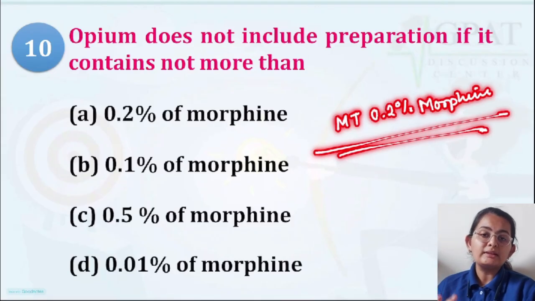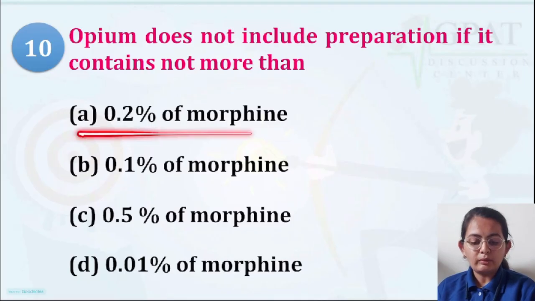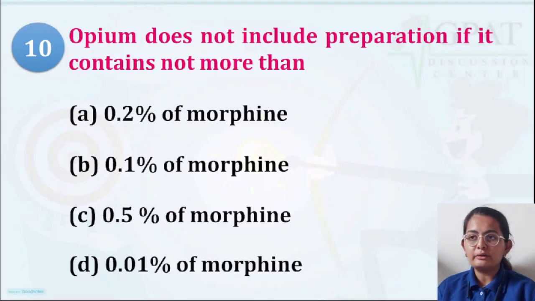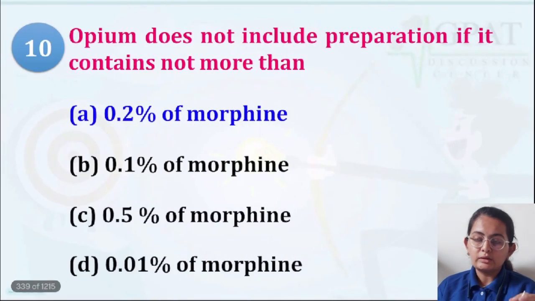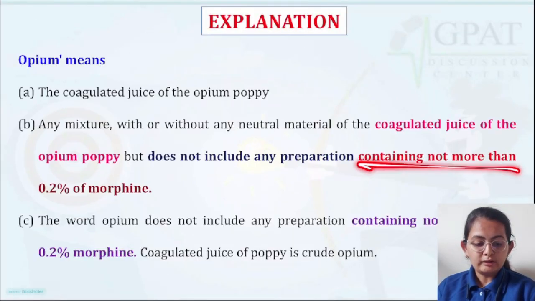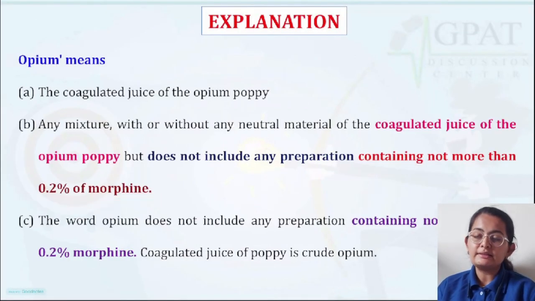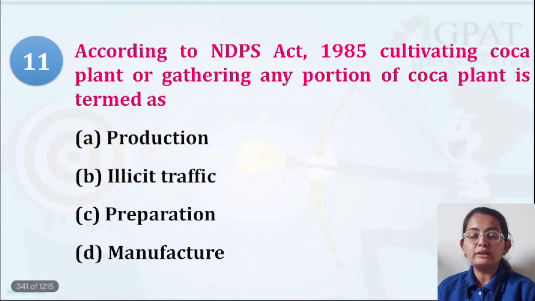So do remember this thing. Any preparation which has less than 0.2% of morphine is not considered as a narcotic drug. So that's why the option should be more than 0.2% of morphine will be our correct answer. Do remember this particular stuff also. So containing not more than 0.2%, in the sense, more than 0.2% should be there to categorize it into the category of narcotic drug and psychotropic